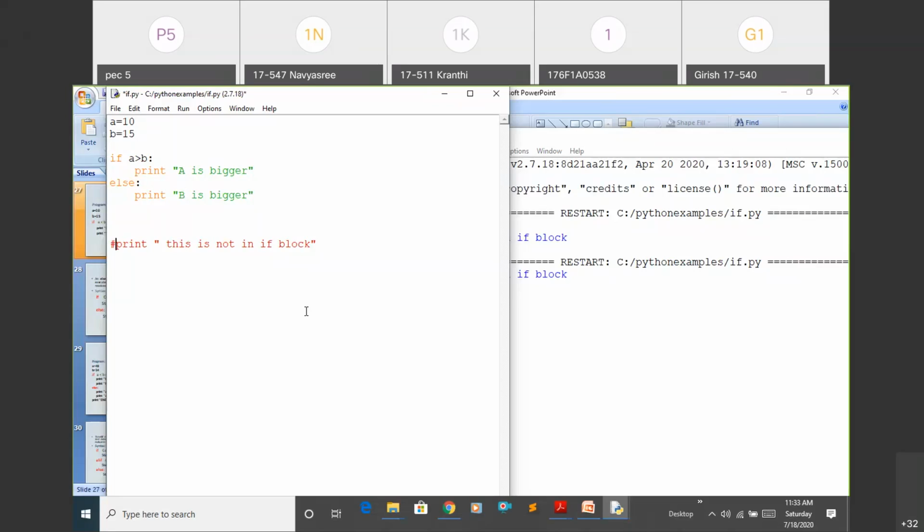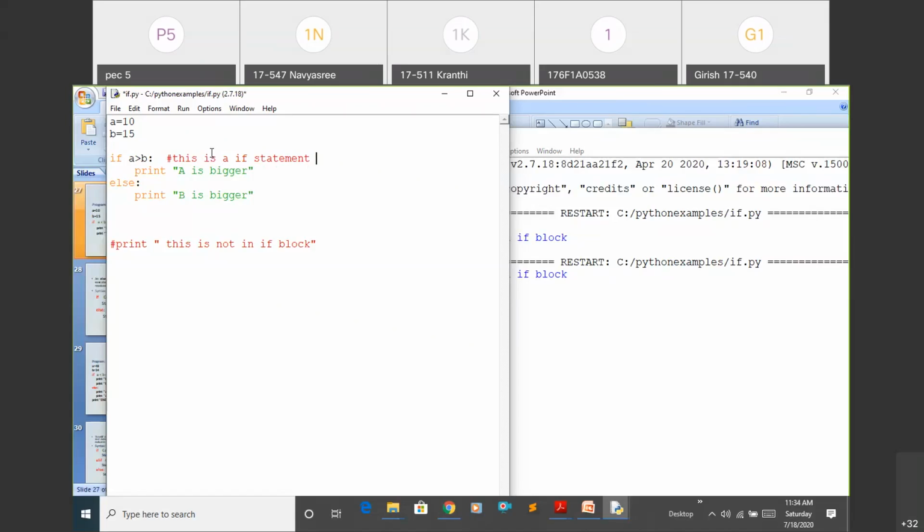Suppose I write one comment here, like this is an if statement. If I document my code, some other programmer may understand this concept. For that case, we write comments in our code. Comments are used to document your code.